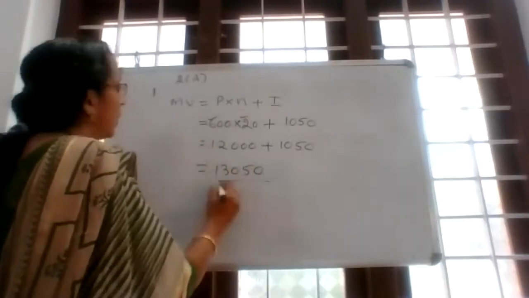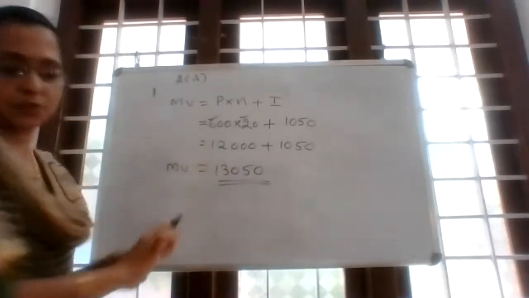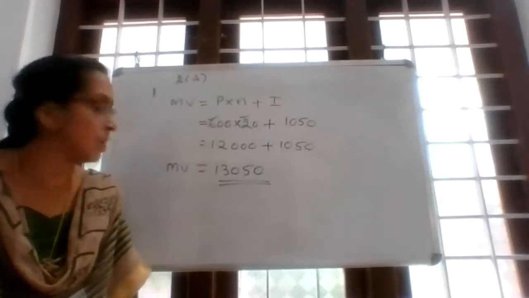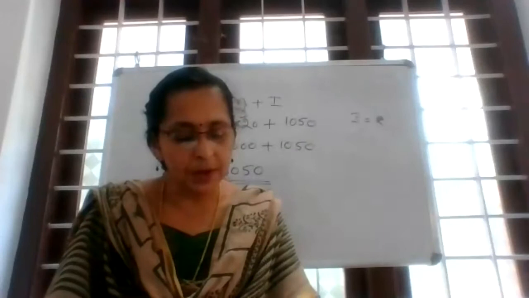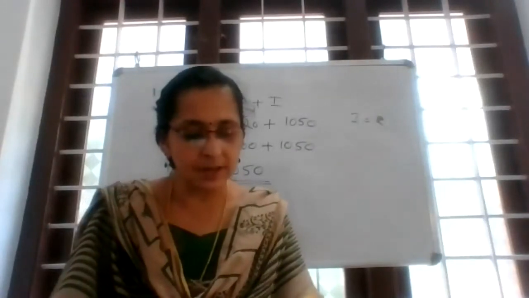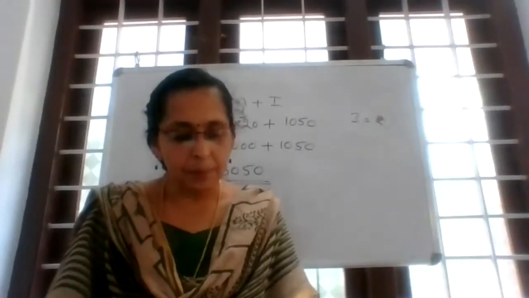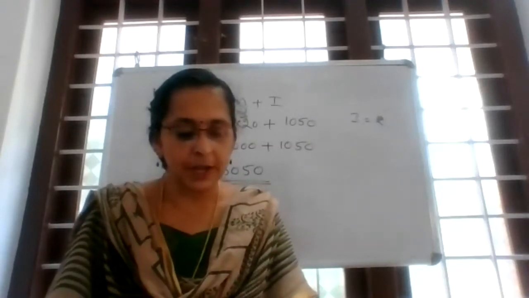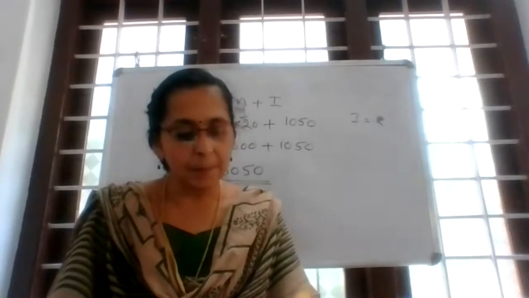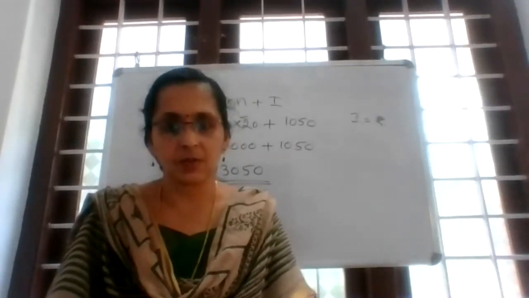So maturity value is equal to 13050. 13050 is the answer. Next question: open a recurring deposit account in a certain bank and deposit rupees 640 per month for 4 1/2 years. Find the maturity value of this account. So that means